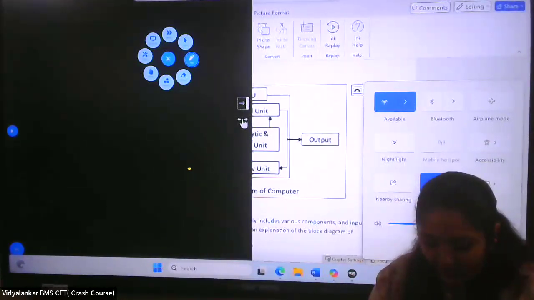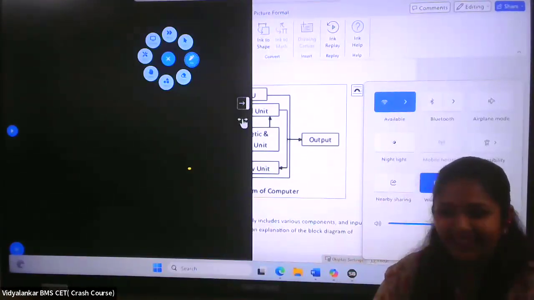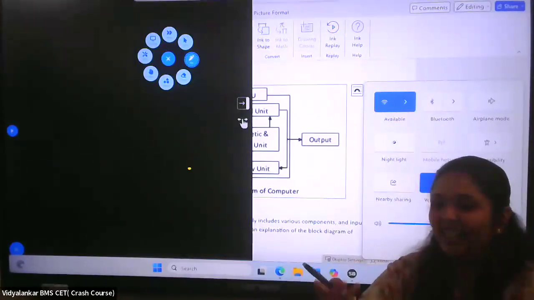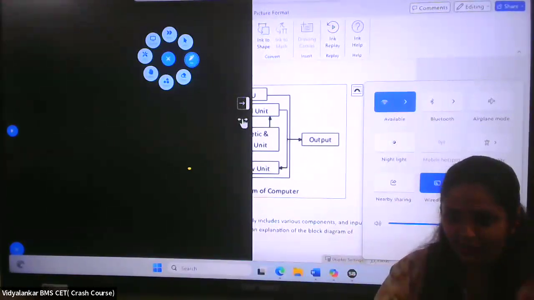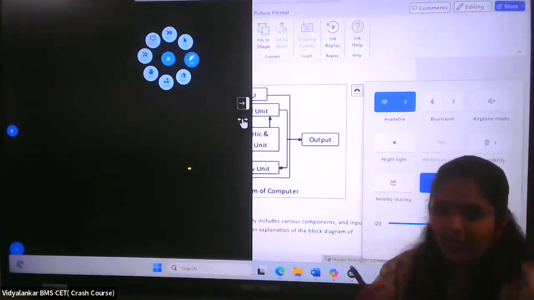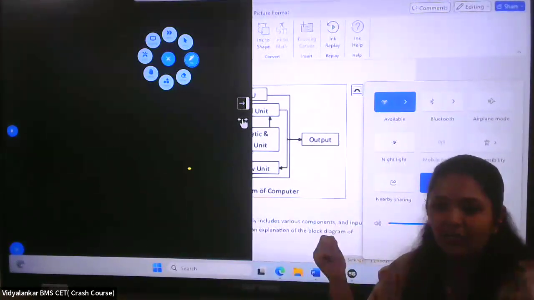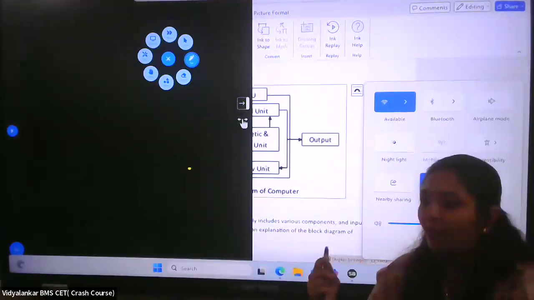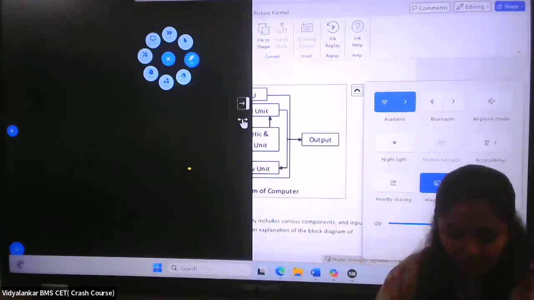Is that clear? Next is: who developed the basic architecture of computer? Don't look at me. Make wild guesses. See, I think the paper is for 90 minutes and you have 100 questions, so you don't even have a minute for a question. Generally around 50 to 60 seconds max, you can stay on one question. So mark option number C. That's John von Neumann. There is a bigger architecture than the one I described, called the von Neumann architecture. He is the one who designed it. So John von Neumann is the answer.